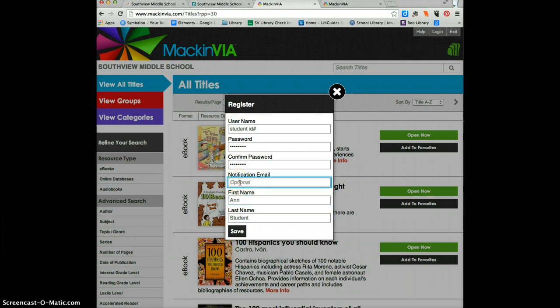Now, the email notification is optional. That's up to you. I recommend it because then if you are out on vacation over the weekend and you've forgotten a password or you're having an issue, you can contact MackinVia through their login here. But if you don't want to use it, you don't have to. You can come see the teacher librarian and she will provide those for you. But if you're going to use it, use your student ID number